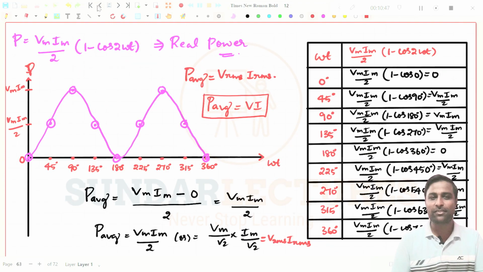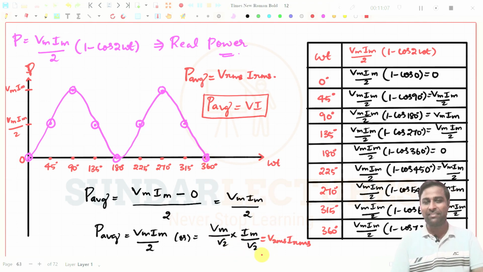In a purely resistive circuit, what is the expression we have got here? 1 minus cos 2 omega t. If there is a 1 minus cos 2 omega t, whatever the magnitude you have, all the magnitude values will be positive. And what is the average value we have seen? P average will be equal to Vrms and Irms,